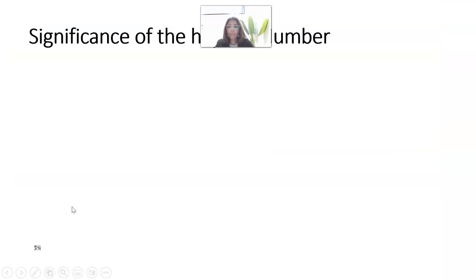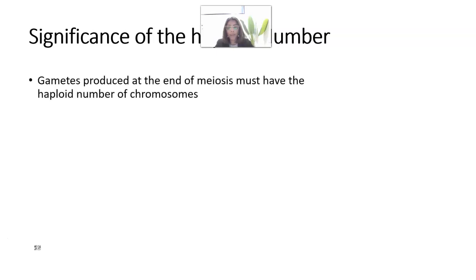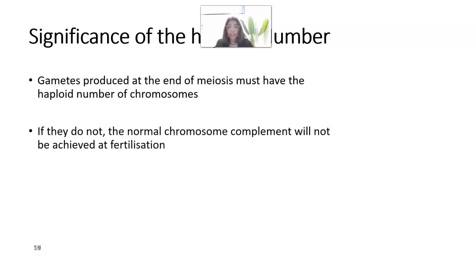Okay, so now we're going to be looking at the significance of the haploid number of cells. Gametes, which are produced at the end of the entire process of meiosis, must be haploid, which is the N number. Again, in humans, that's 23. If that didn't happen, the normal chromosome complement would not be achieved at fertilization, which we know is 46